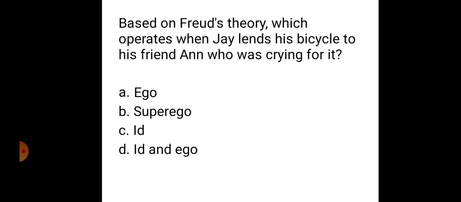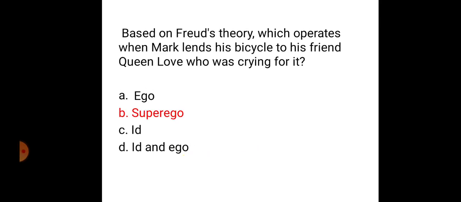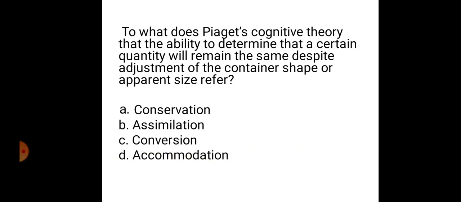Based on Freud's theory, which operates when Jay lends his bicycle to his friend Anne who was crying for it? 5, 4, 3, 2, 1. The correct answer for this one is of course superego. So therefore, nakonsensya si Mark. That is why gihatag niya ang